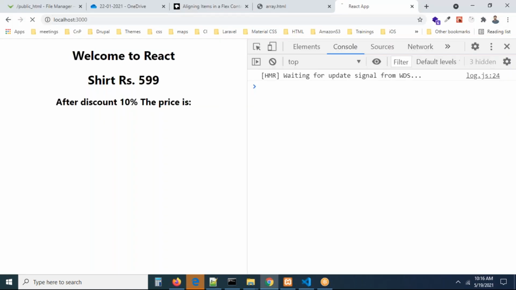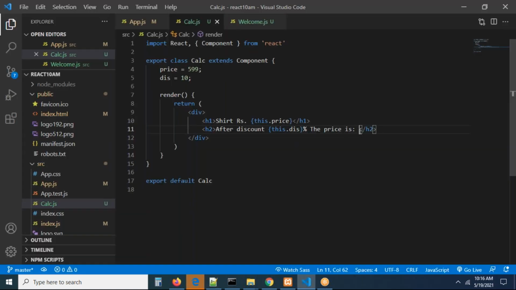Now tell me please, this is what exactly I wrote. After 10% discount, what is the price of it? You know 10% discount inside of it, right? What is the 10% discount? I need to calculate the discount, guys. Anybody tell me please? The price is, you have to calculate the discount, right? How can we calculate the discount here?